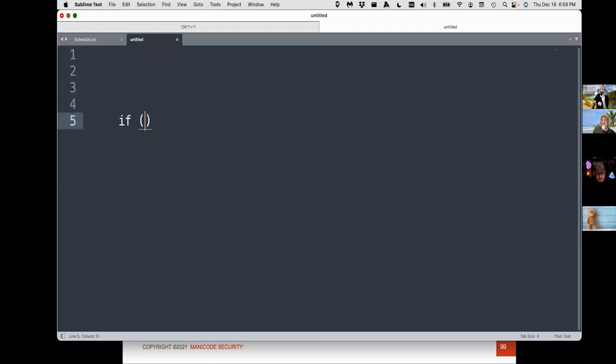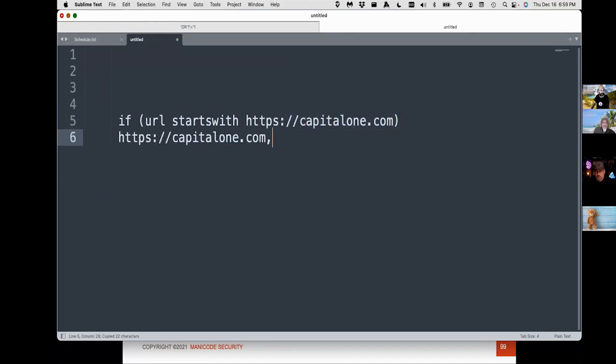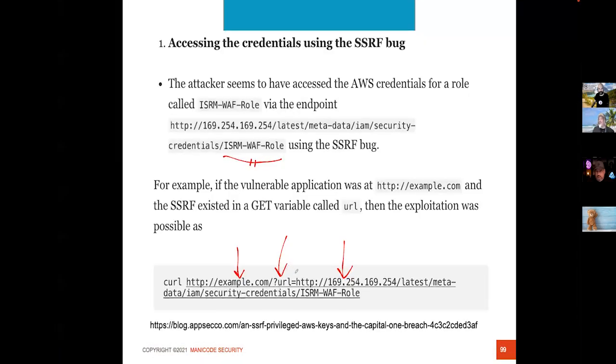We got: if the URL starts with HTTPS capital1.com, that would have fixed the problem. No, it wouldn't. You can bypass this. This would not have fixed the problem. We could have bypassed this with markcohen.com, and we're bypassed. So you have to do this, a slash. Now that won't work anymore. Boom. Starts with that right there, and that would have fixed the problem to stop this, just to validate that URL properly.